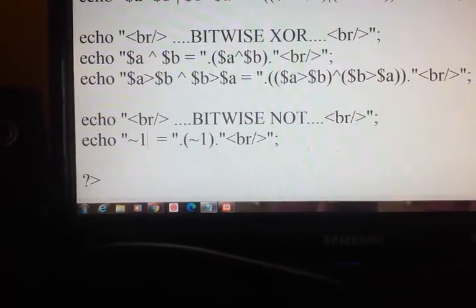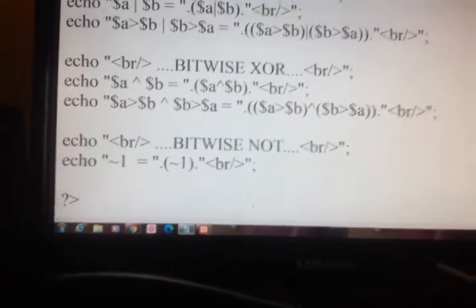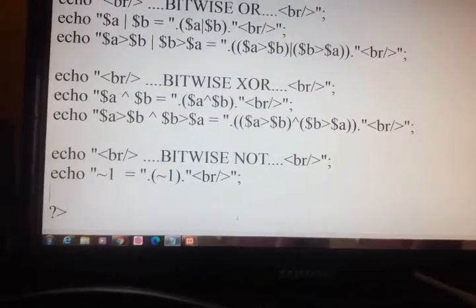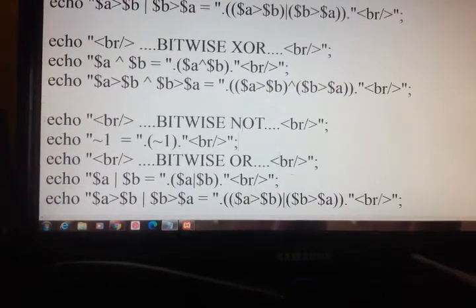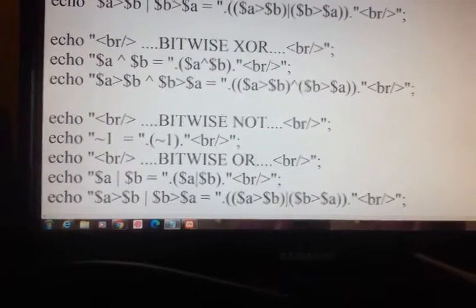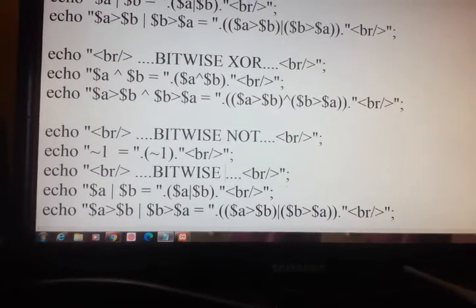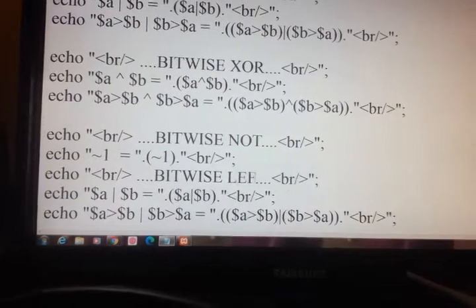Then we'll move on to the next operators, that is left shift.